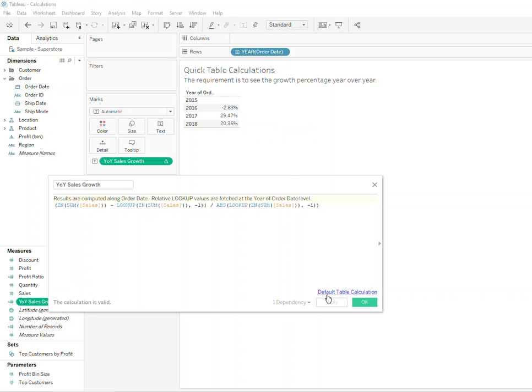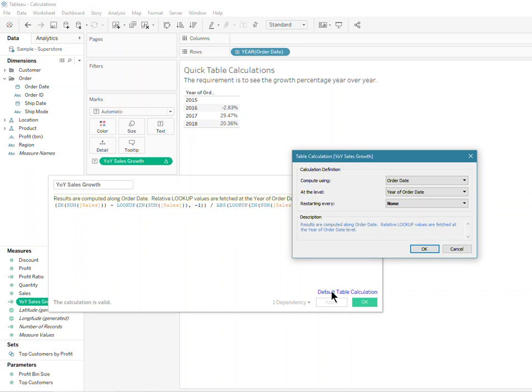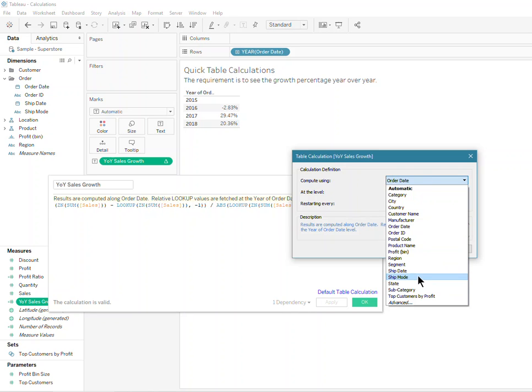It's good to leave things at this default table calculation level so you don't have to wonder what's broken later on if you've taken something out of the view. But if you needed to do something like that, you can select default table calc and you can select it here. If you say you wanted to change it from order date to ship date,